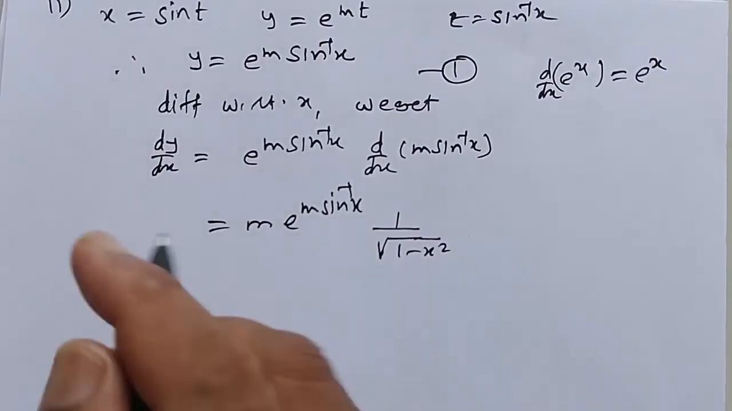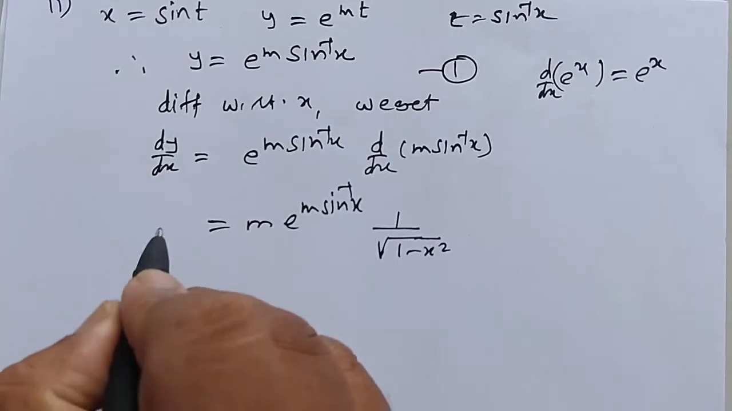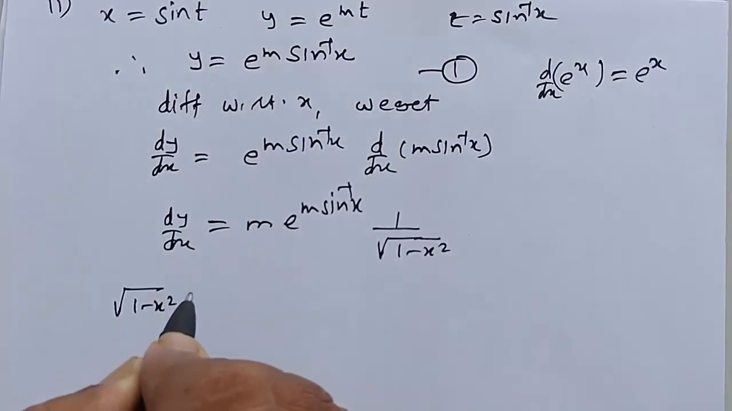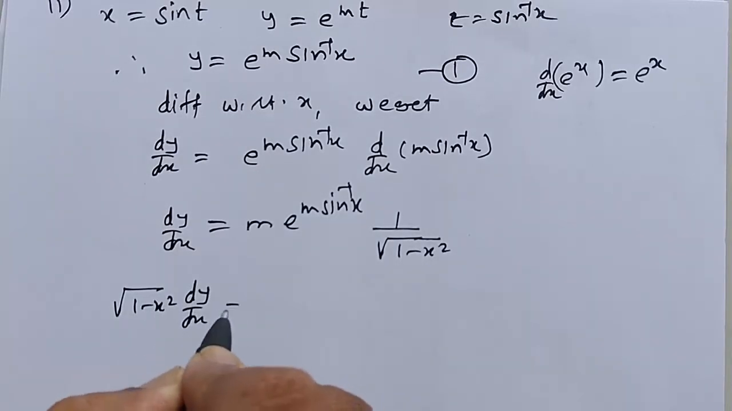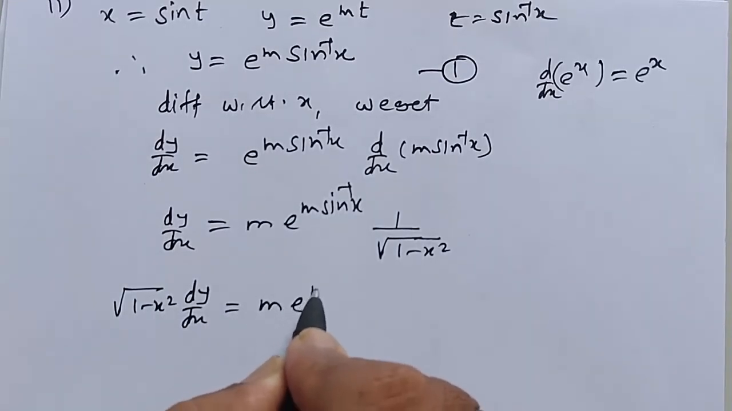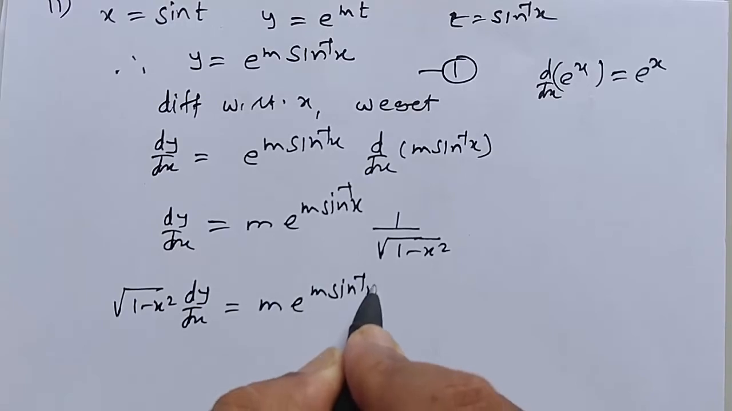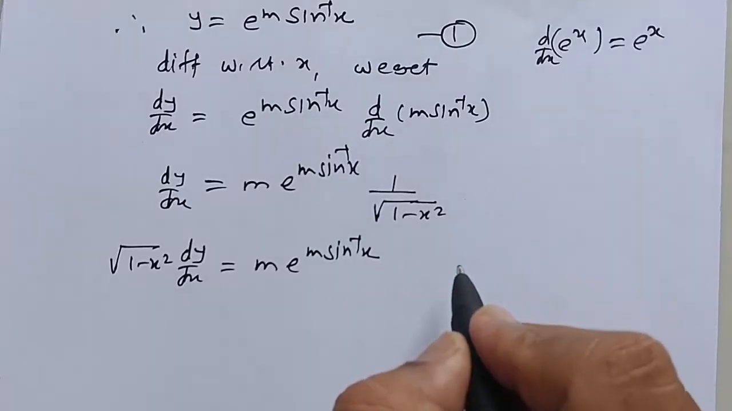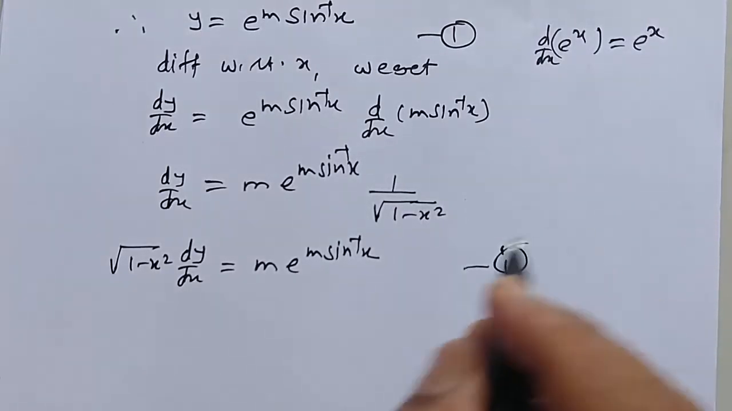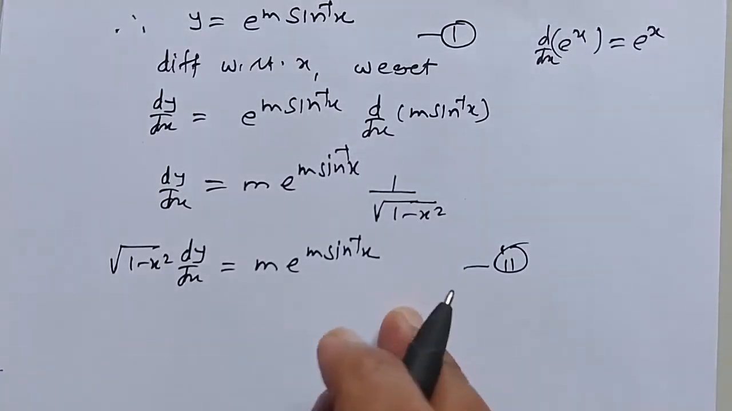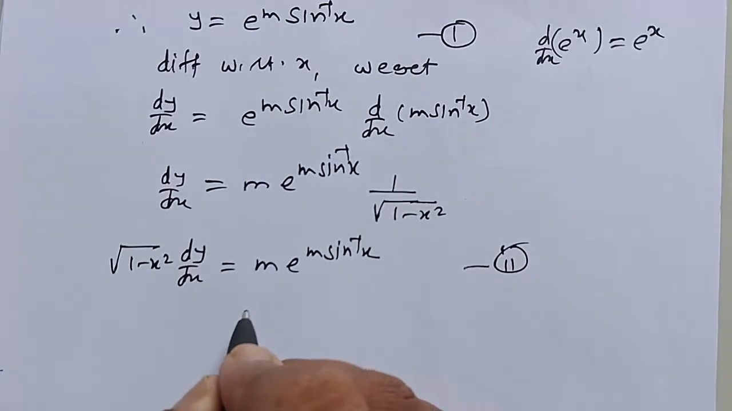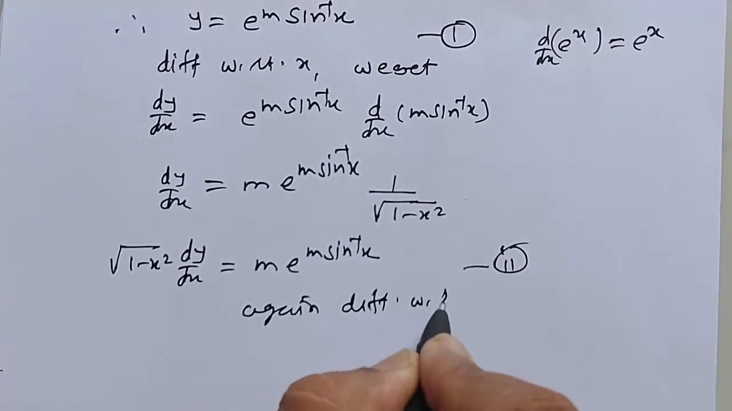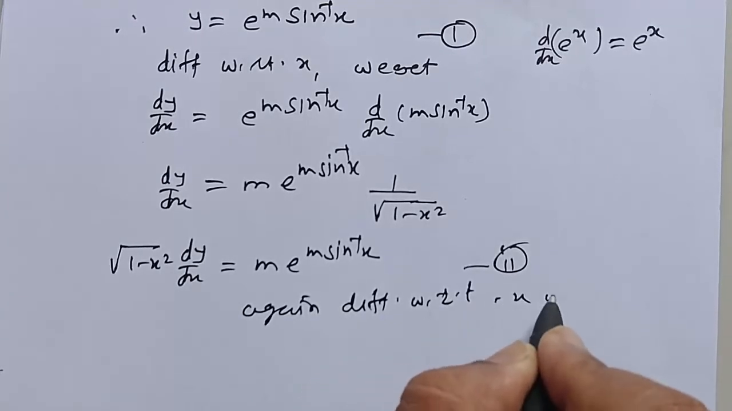M is constant, so this is equal to m e raised to m sin inverse x, and the derivative of sin inverse x is 1 upon under root of 1 minus x square. Multiplying under root of 1 minus x square to the LHS, we get under root of 1 minus x square dy by dx is equal to m into e raised to m sin inverse x. This is equation number 2. Again differentiating with respect to x, we get,